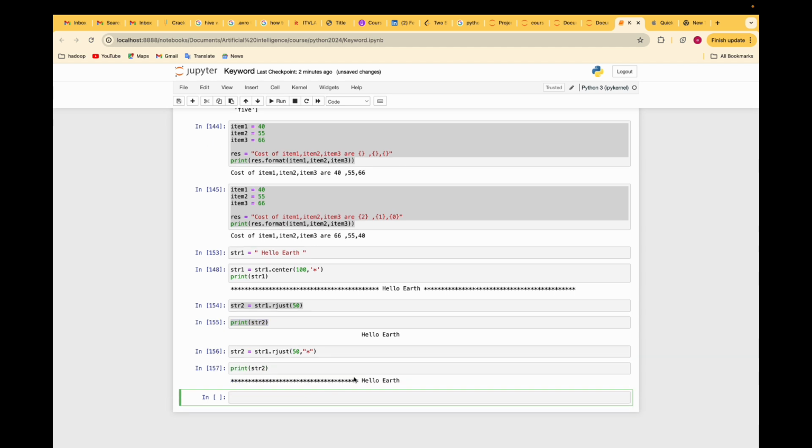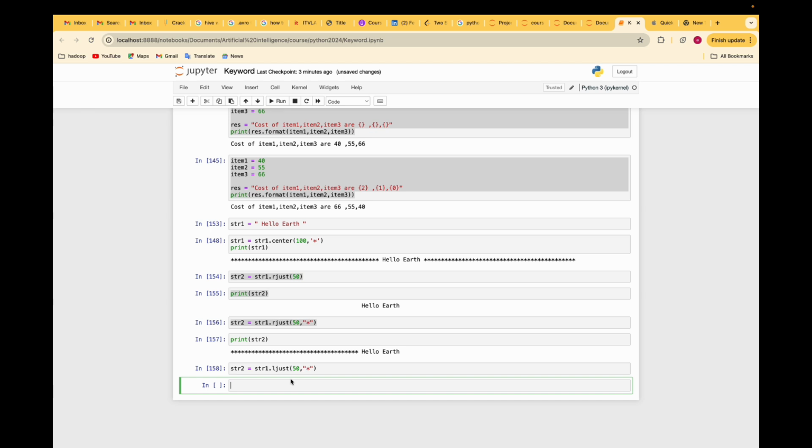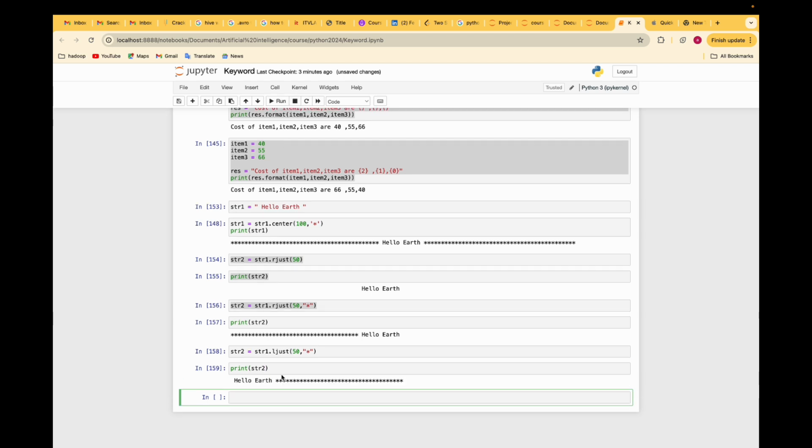It displays right side 50 stars. How about L? And you give the print to string 2 left,